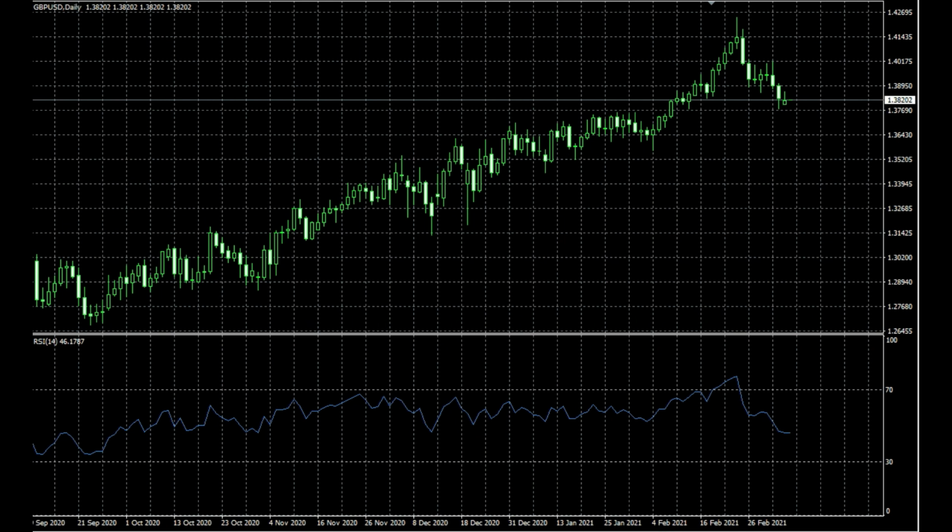But if we see strong stocks, we can see the US dollar will be a little bit weaker, and because of that, the British pound dollar and the euro dollar are stronger. So in 70% of the cases we can see a strong bullish trend in the last 6 to 8 weeks of the year.